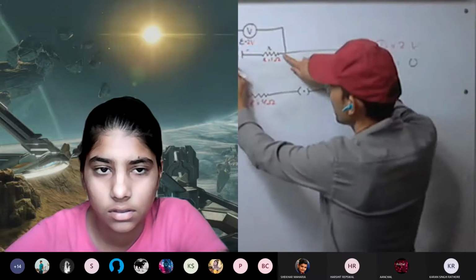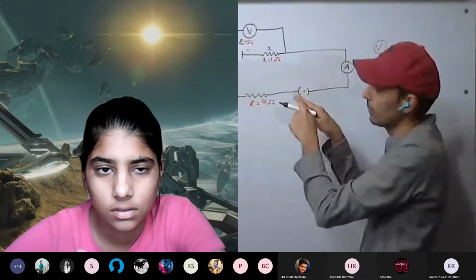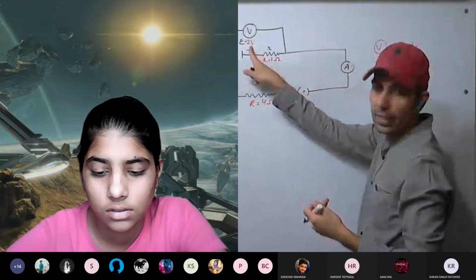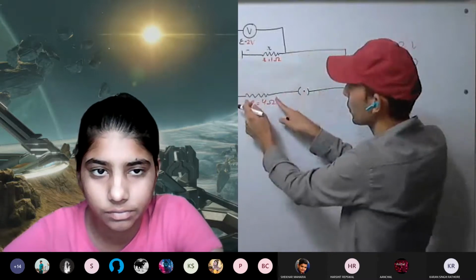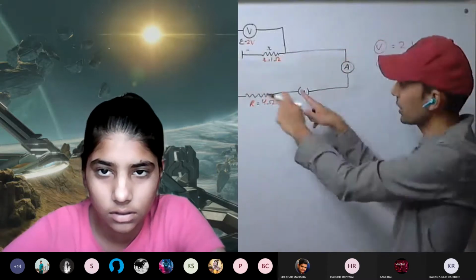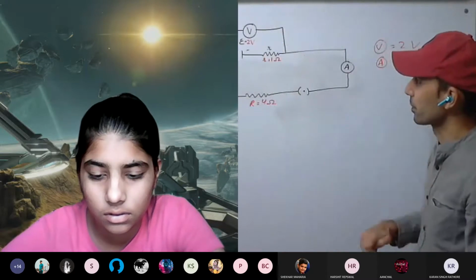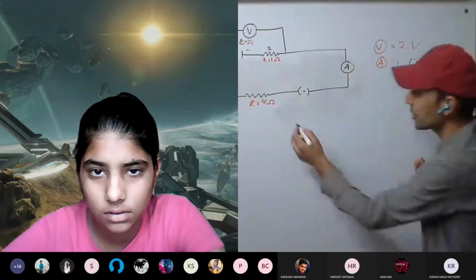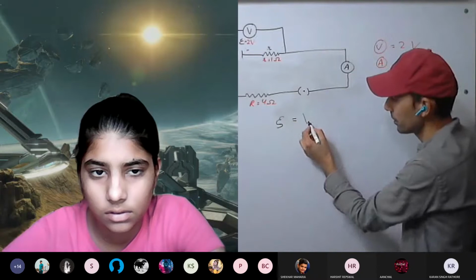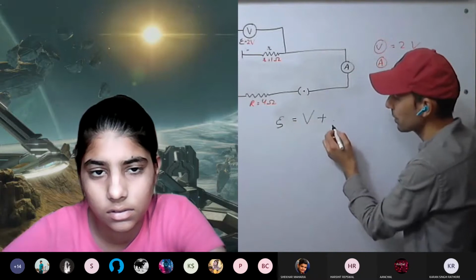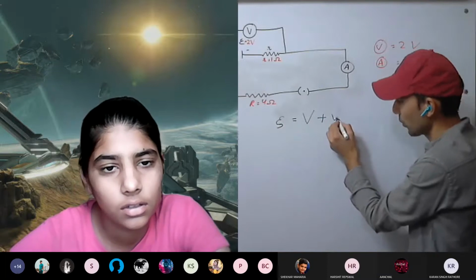Terminal voltage means the voltage that will be available at the terminals of the battery at this time when the circuit is closed. Okay, and it will be less than EMF. That terminal voltage will be available across the load. Understood? So how can we measure that one? What is the relation? Epsilon, this is EMF, equals terminal voltage plus how much? Voltage drop. Plus voltage drop.